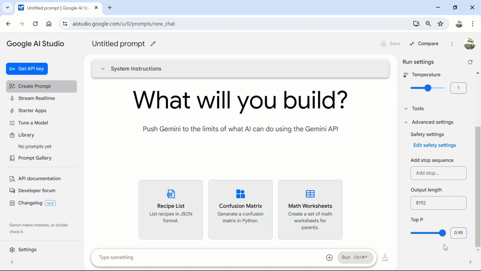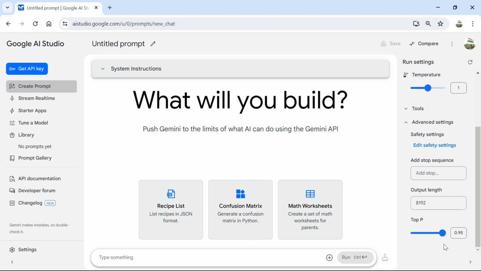However, for technical users, I will explain to you what exactly is top P and how you can change this top P value to customize the response that you get, right? So, what is top P? Top P is also known as nucleus sampling. Okay, it is a way for AI to choose the next word in a sentence or the next action in